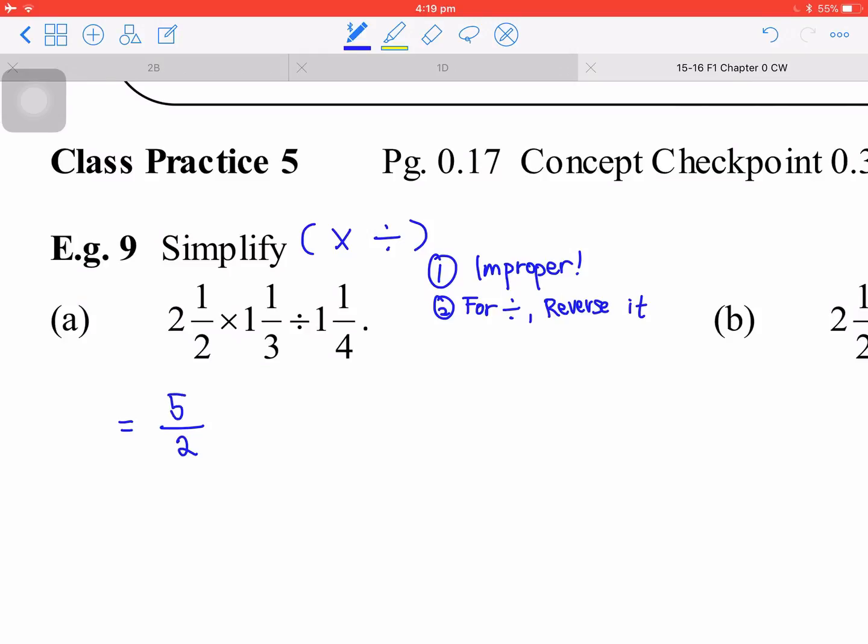If you change it to the improper fraction, you will have this one, and first of all you have to change it to improper fraction and then reverse it. So you have the multiplication here, and then for the calculation, you do not have to multiply at all, but you have to do the simplification like this one,